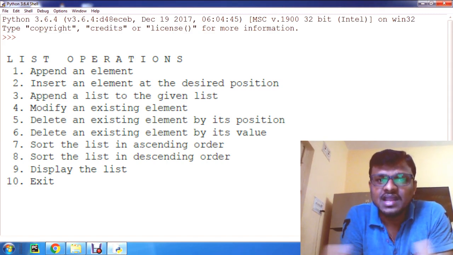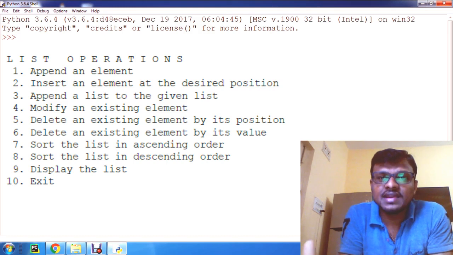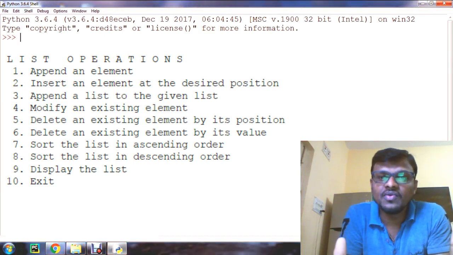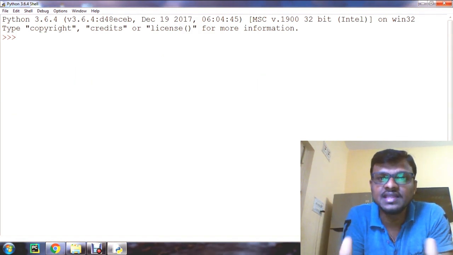So these are all the various operations associated with the list. Today we are going to look at these various operations.